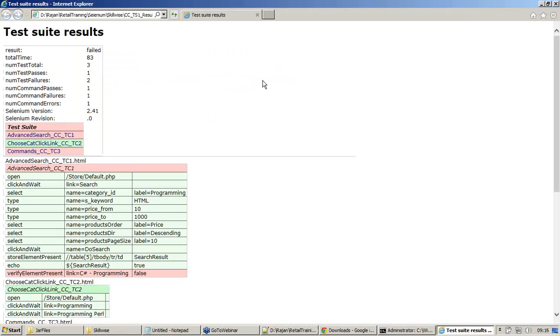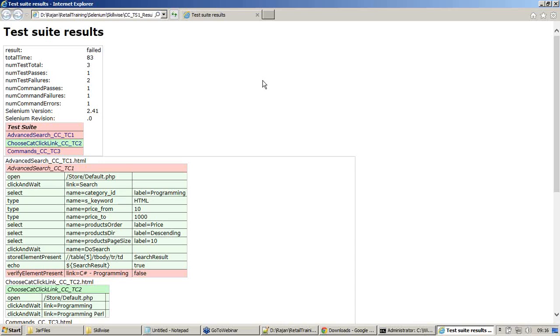Now it displays runtime statistics also. It says the total time taken for the execution of all the test cases is 83 seconds. 83 seconds has been taken by the Selenium server. Number of tests in total is 3, passes 1, failures 2.